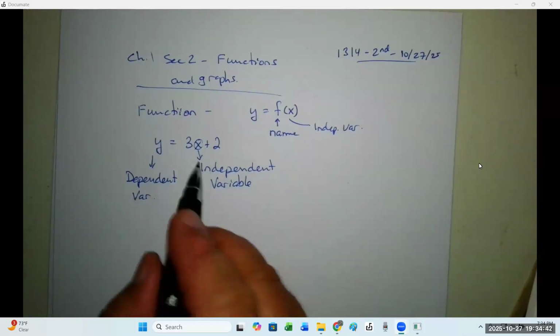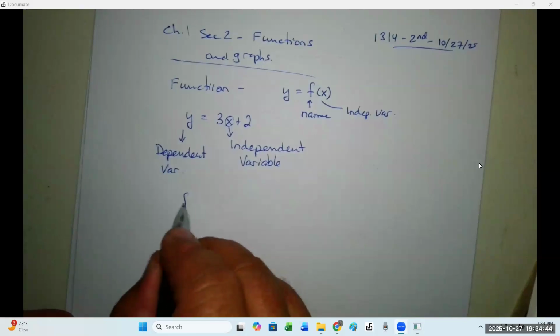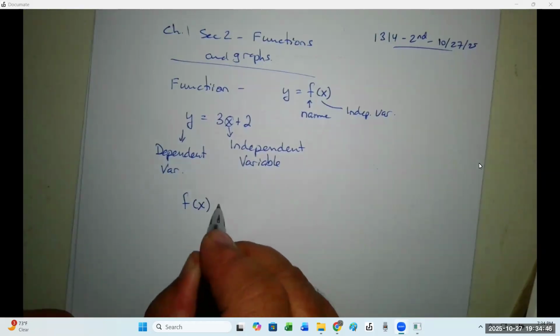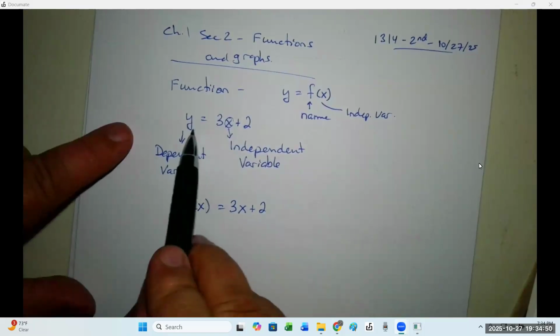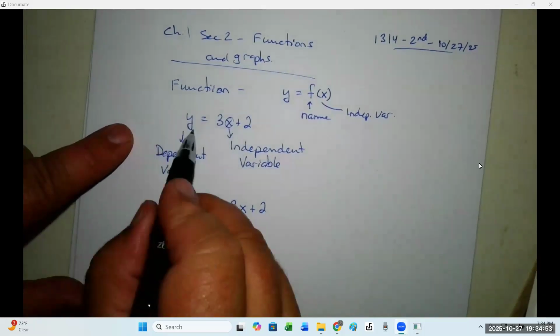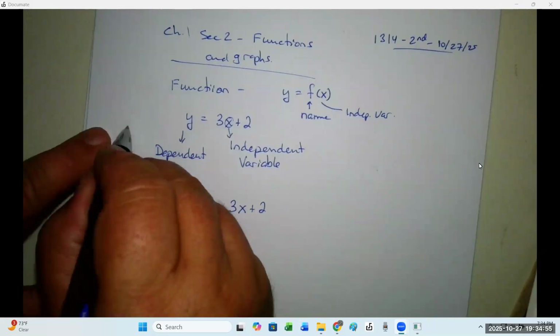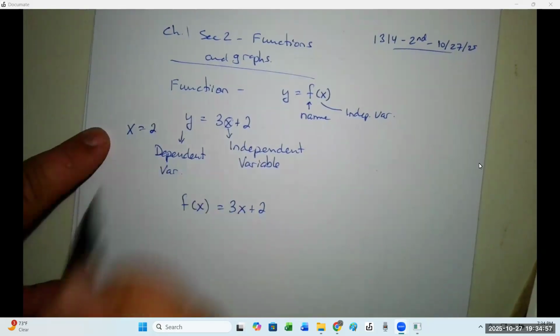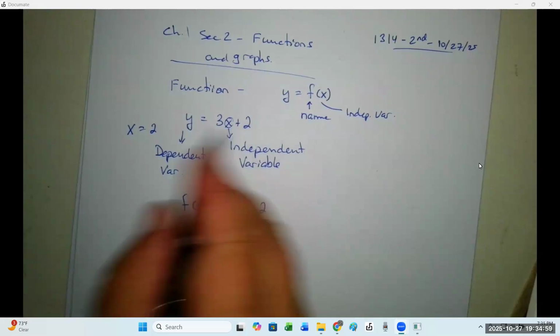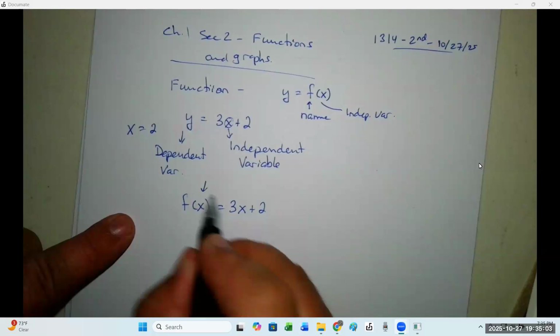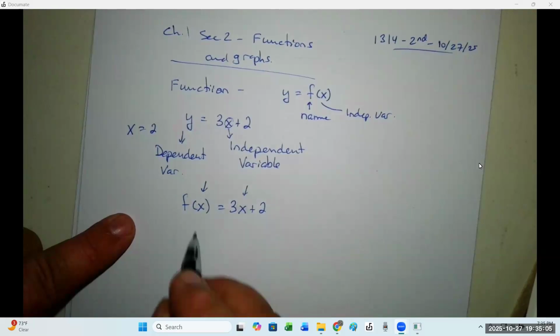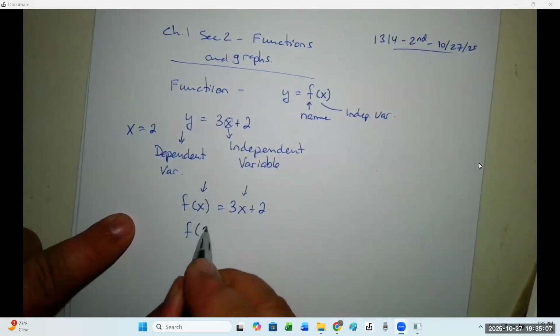The reason this is so cool is because I can't do anything with this. If I give you this equation, I have to tell you x equals 2, and you can put it in there. But with this equation, this is the only variable in the equation. Once I define it in here,